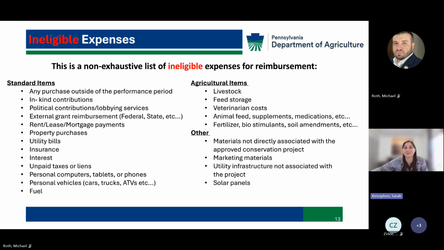In-kind contributions. Obviously, if you're using that to match the program, we're not paying for those. Political contributions, lobbying services. We'll actually have applicants sign a lobbying certificate that Michael described later. So no lobbying here. External grant reimbursement. So if you've got other grants going and you're not reimbursing for those other grants and work. Rent, lease, mortgage payments,